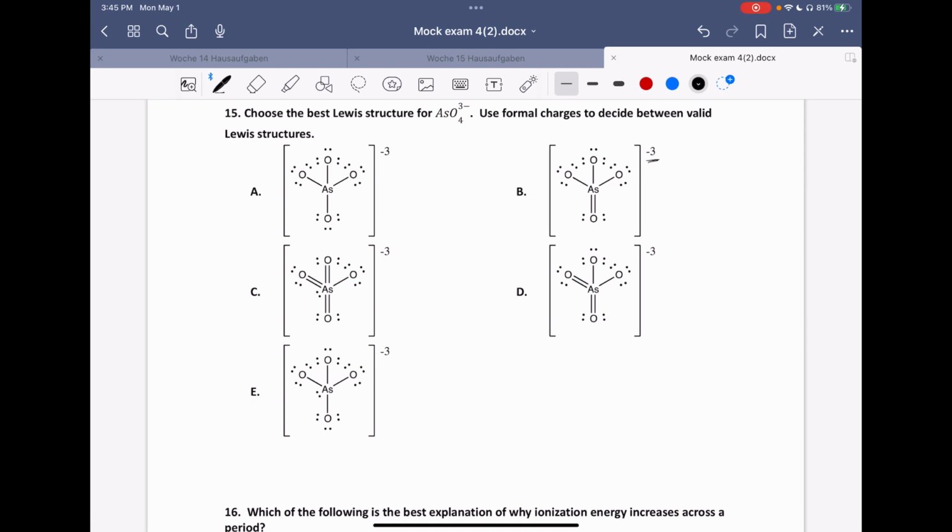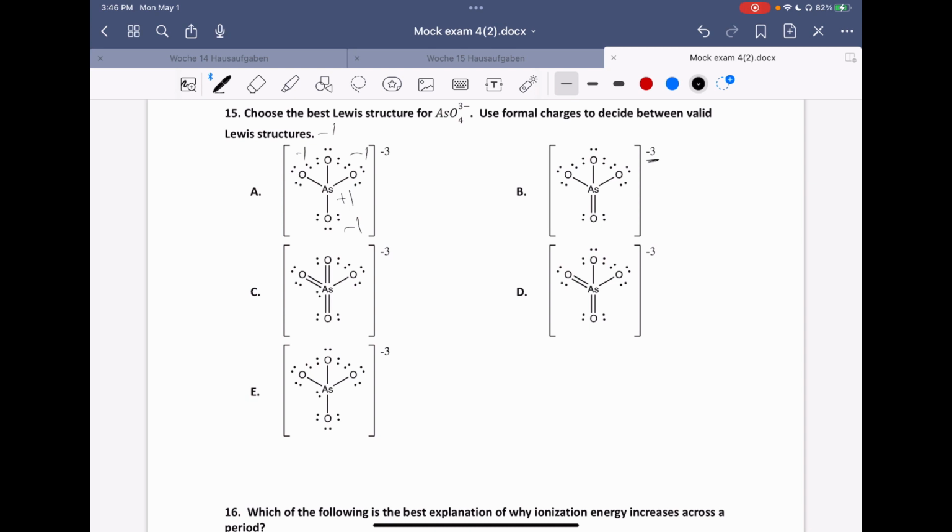I guess we can just start by counting. On answer choice A, on every single one of the oxygens, there are 6 dots and 1 line, so that's going to be -1, -1, -1, -1. And then this arsenic has 5 valence electrons and only 4, so it's going to have a +1. One of these +1s is going to cancel, leaving a +3. That's an okay